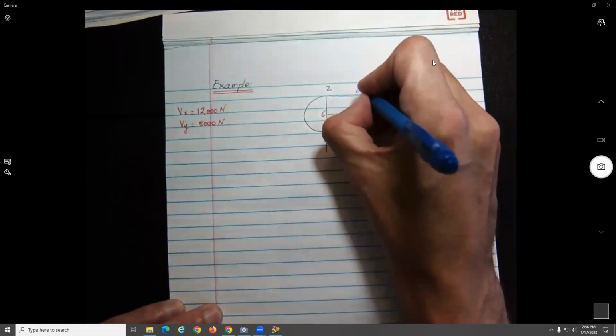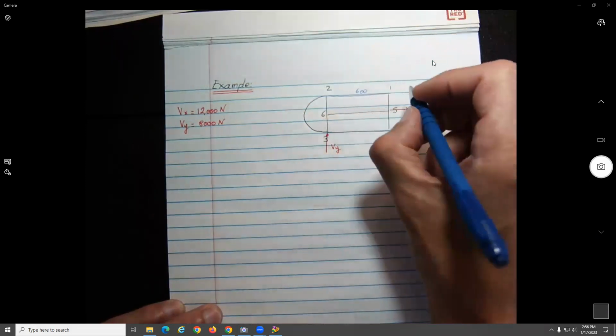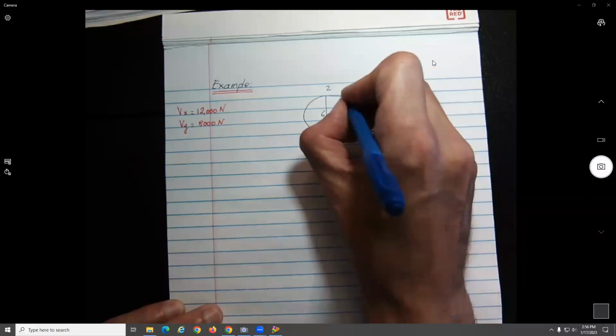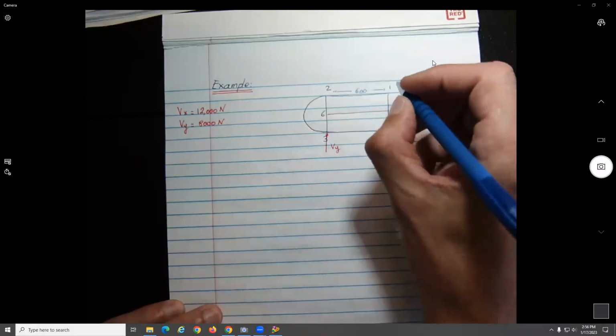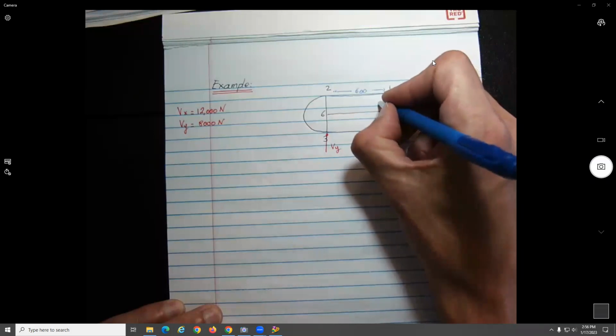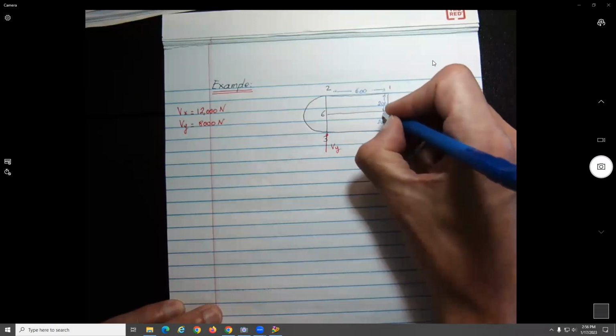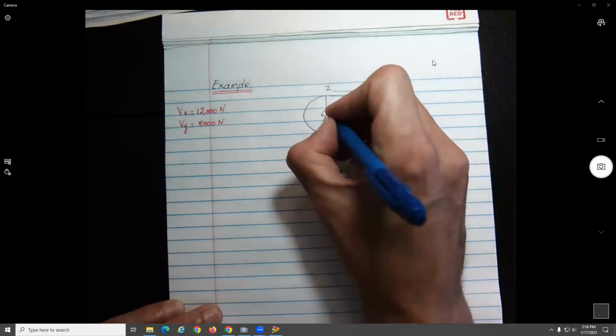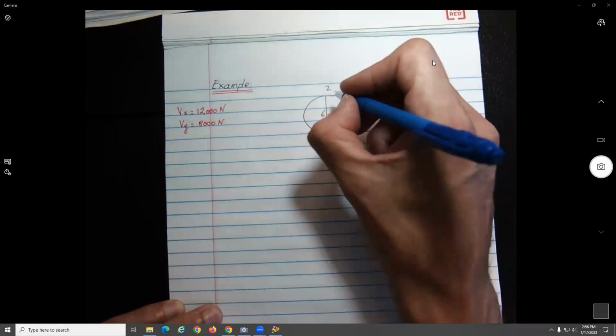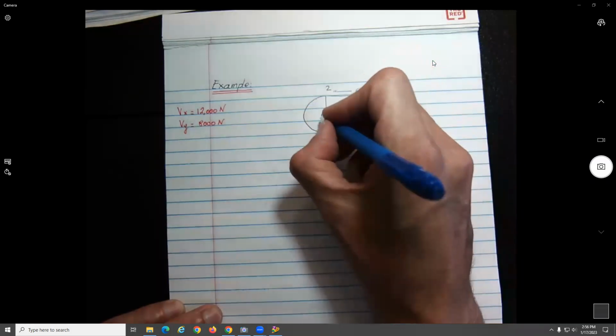That distance here is 600. This one here will be 200. This one will be 200. So at the radius over here, this is also